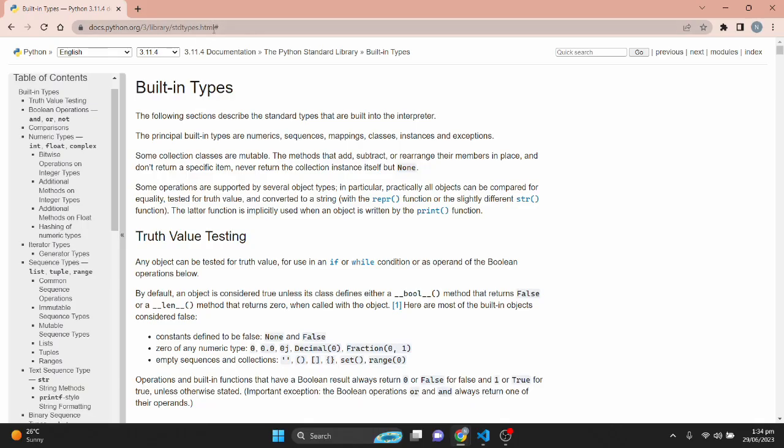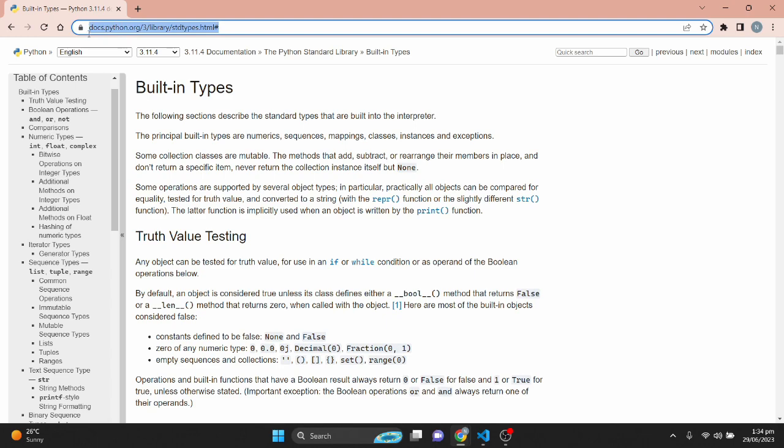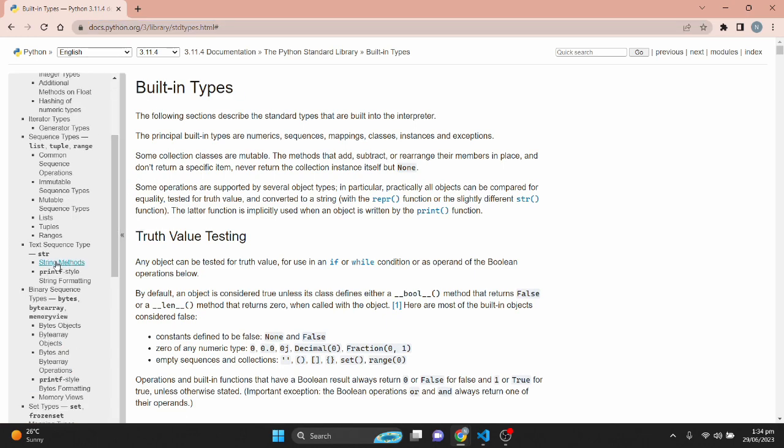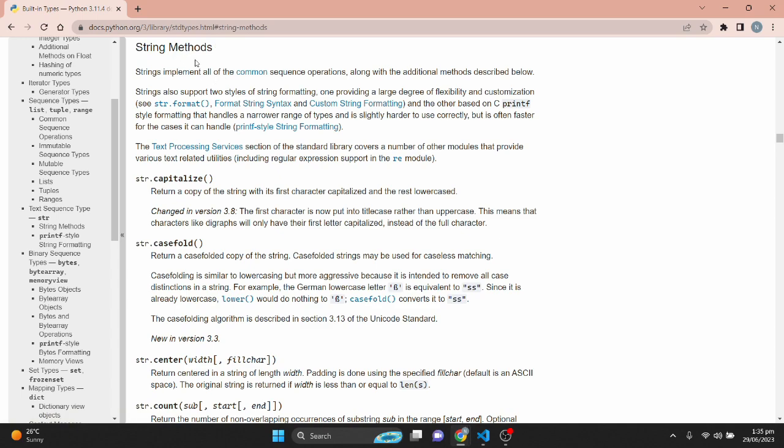I have provided this link in the description. So here in the documentation, come to where we have string methods, click on it, and it opens this page that has the string methods in Python. You can see that we have some methods here: